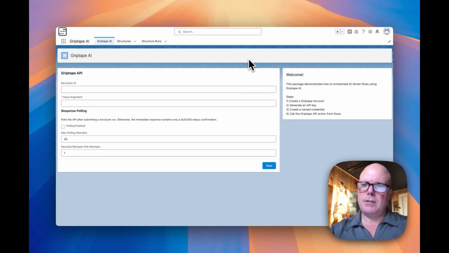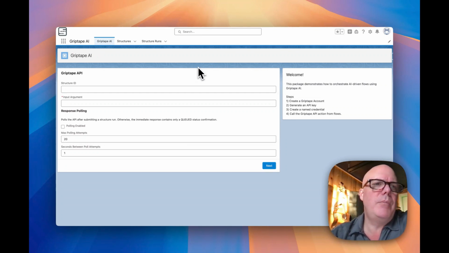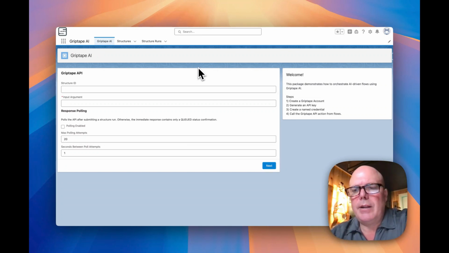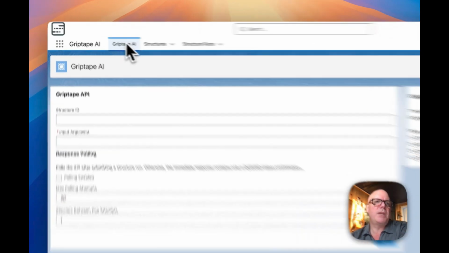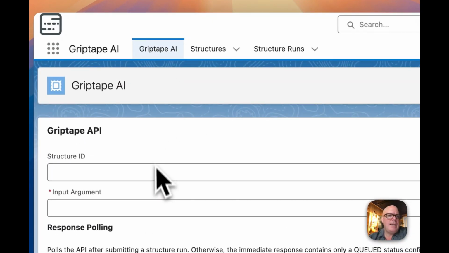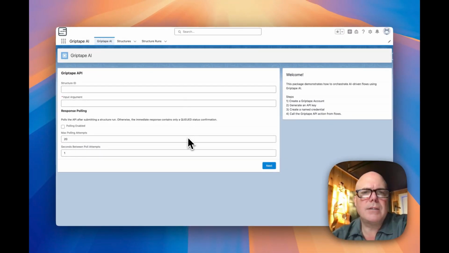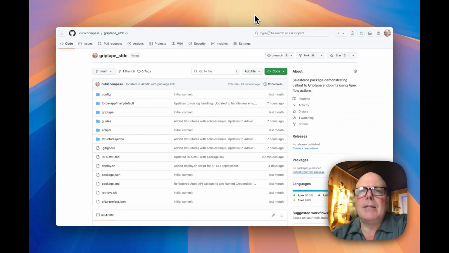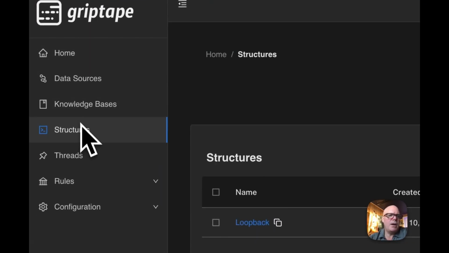Okay, congratulations. If you've made it this far, you're ready to start playing with the Salesforce connector to the Griptape API. So included in this package is a screen flow that appears on the Griptape AI homepage. And by entering a structure ID and an input argument, this just reflects back whatever is sent to it. Now, it's beyond the scope of this video to get into structures. What we're doing is we're calling out to the Griptape API and we're